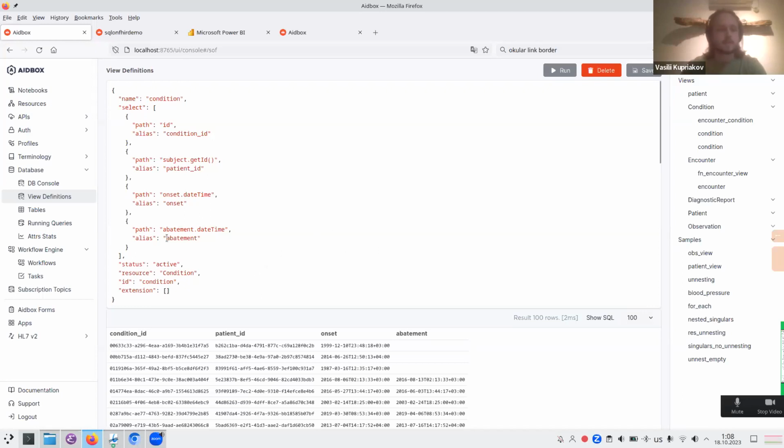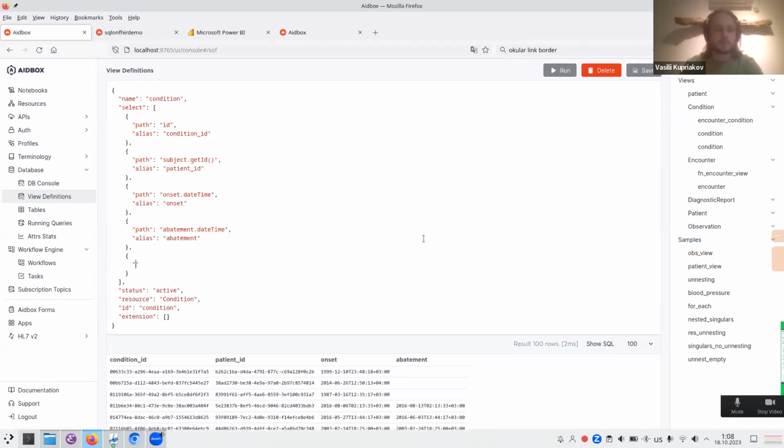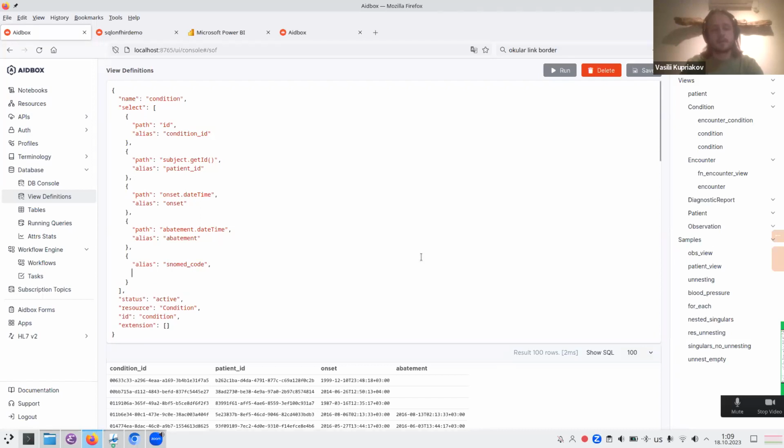For example, we can add one column, maybe it will be code. When we want to add something, we need to start, for example, with an alias, and it will be the name of our new column. So we can call it code, for example, or SNOMED code. And next is the FHIRPath expression, and here we need to specify the expression. So it will be